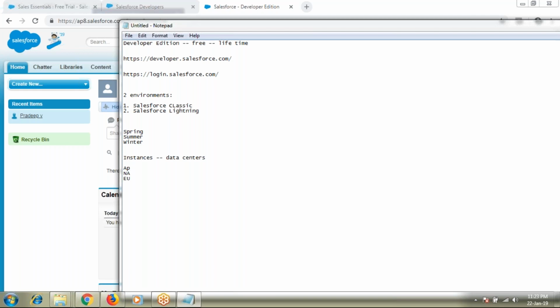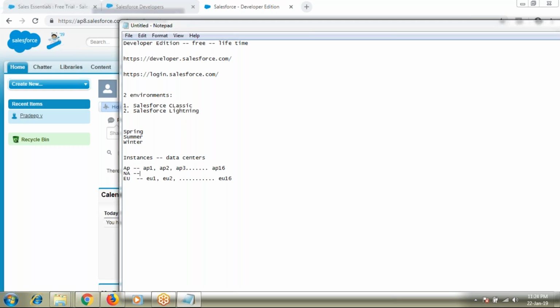In the Asia Pacific, they have sub instances, sub data centers. Those sub data centers or sub instances are named AP1, AP2, AP3 until almost AP16. Same for Europe, EU1, EU2, EU3 until almost EU16.